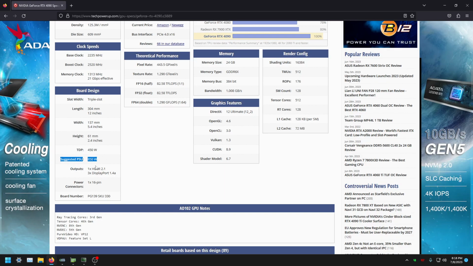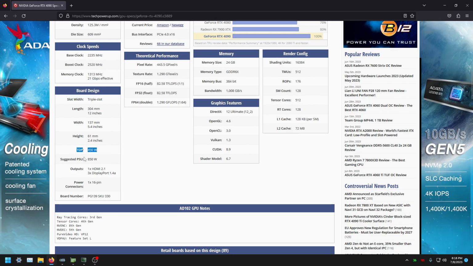So I would recommend using at least an 850 watt supply, because this 450 watts, the GPU can go higher in some circumstances. In some cases the GPU uses a few more watts,